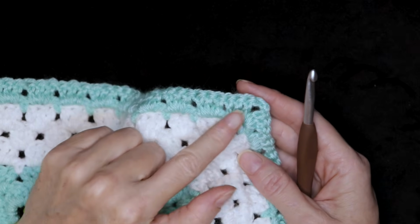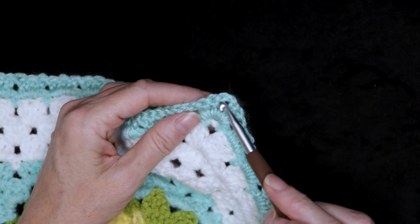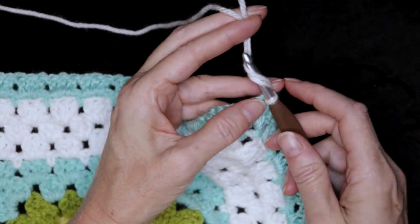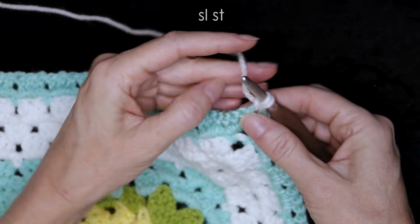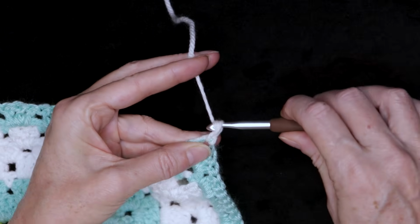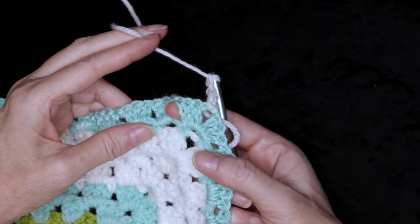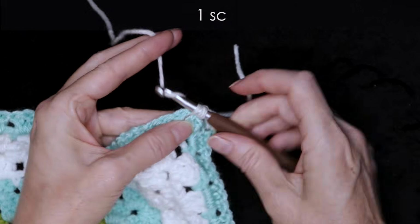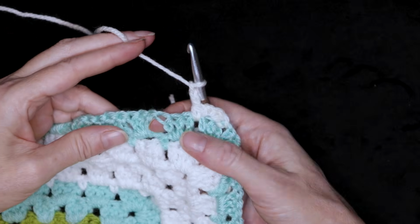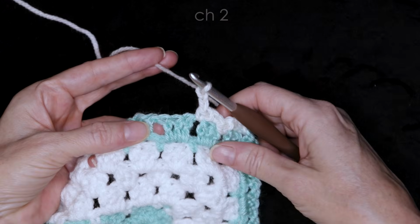So turn your work, so working into the back of your blanket, find a corner where you have not joined your yarn, pop your hook in, loop of your new yarn on your hook, bring it through and slip stitch with both strands to join. Drop your tail, just holding it along the top edge of your work, and chain 3. 1, 2, and 3. Now into this first space, 1 single crochet, chain 2, 1, 2, into the next space, 1 single crochet, chain 2, and into the next space, 1 single